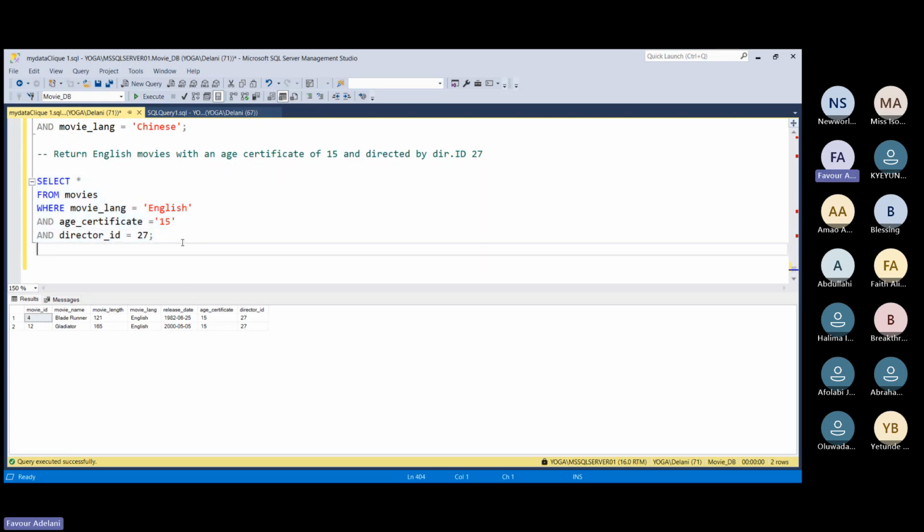Now, for the OR, we use OR when we have multiple conditions and at least one of them must be met. Still under filters, that is the WHERE clause, under data retrieval subcommands. Now, if we want to return Japanese or English movies,